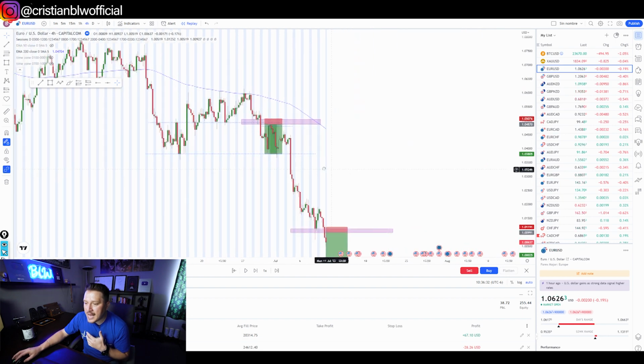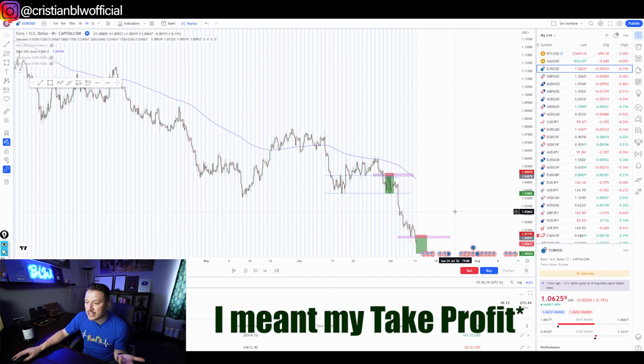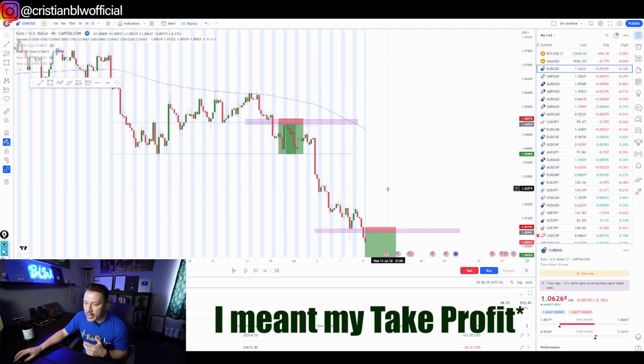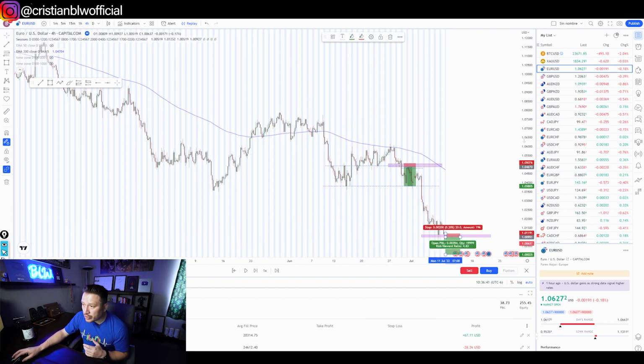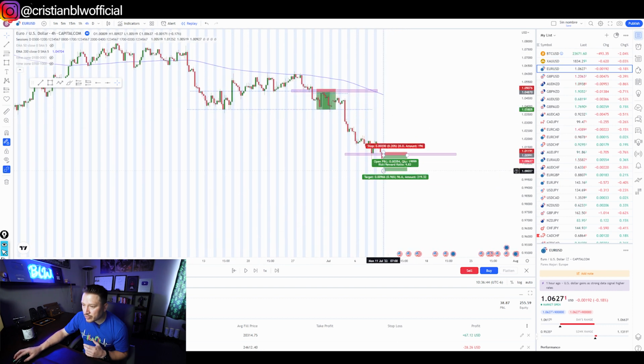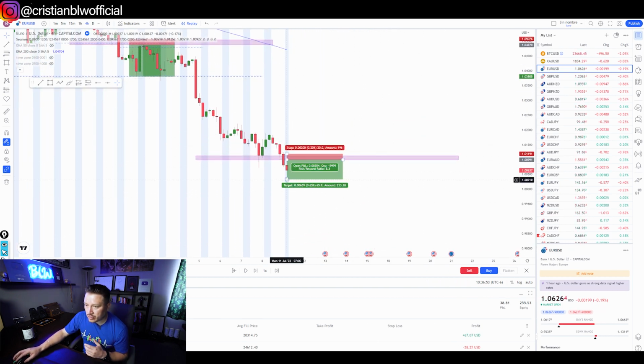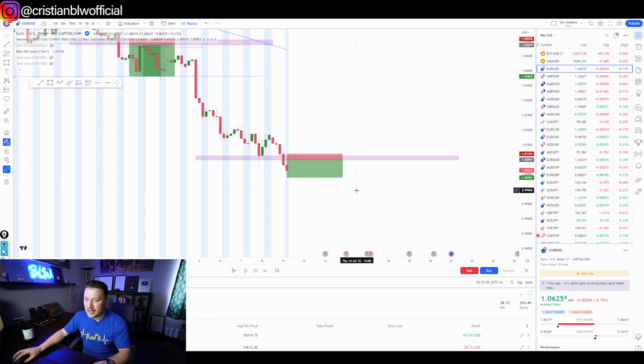Now, how do I know what is going to be my stop loss if I don't have a lower low? Well, in this scenario, what I would do is I'm going to go 1, 2, 3. And that's where I put my pending order. And if the price starts to go more down and it ends up giving me a lower low, oh shoot, hold on. I'm going to modify my stop loss, my take profit, okay?